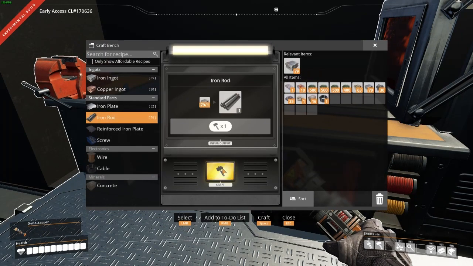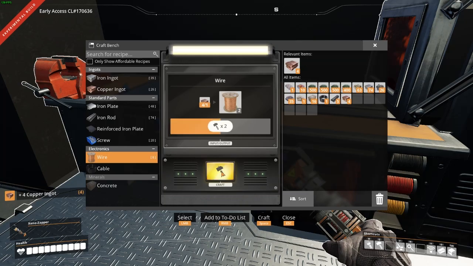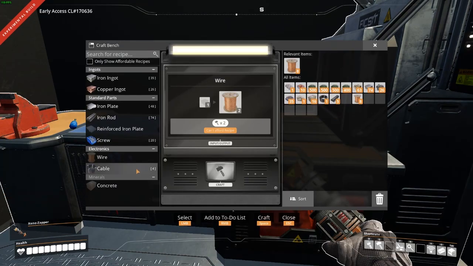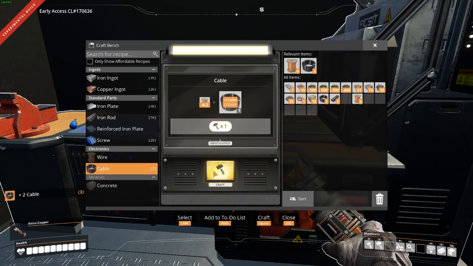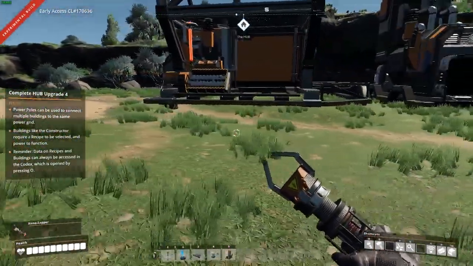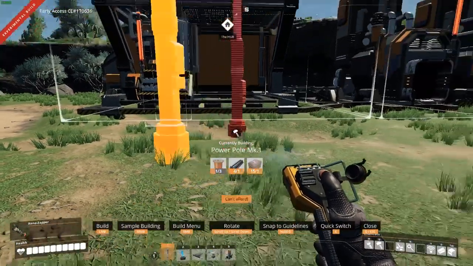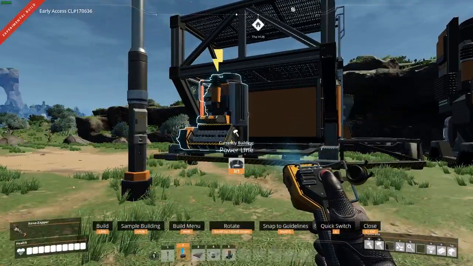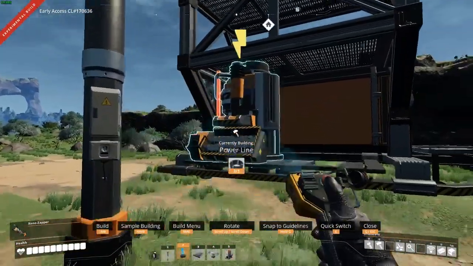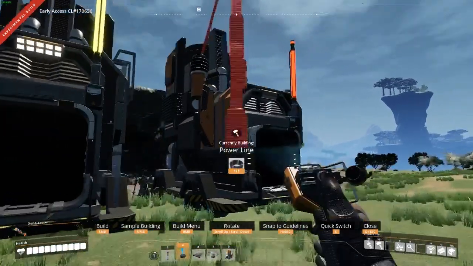The level 1 power poles can have... Oh, I need more cable. Can have up to 4 connections total, and that's important to note. So here's what I do. I build a pole, and normally its only purpose is to connect these two and then extend to the rest of the grid. But right now, we don't have enough materials for all of that, so...